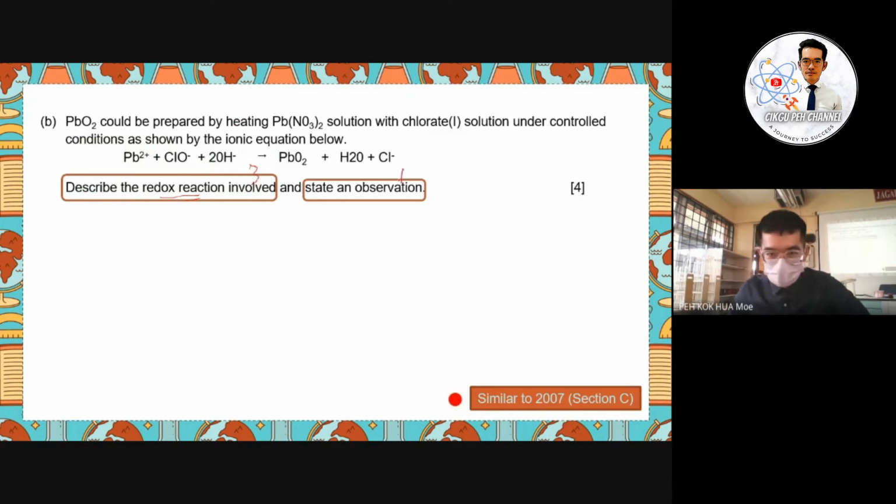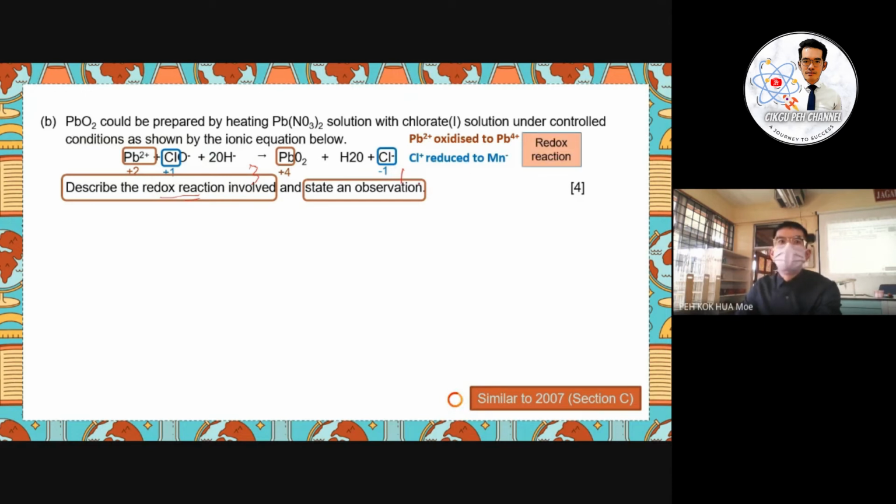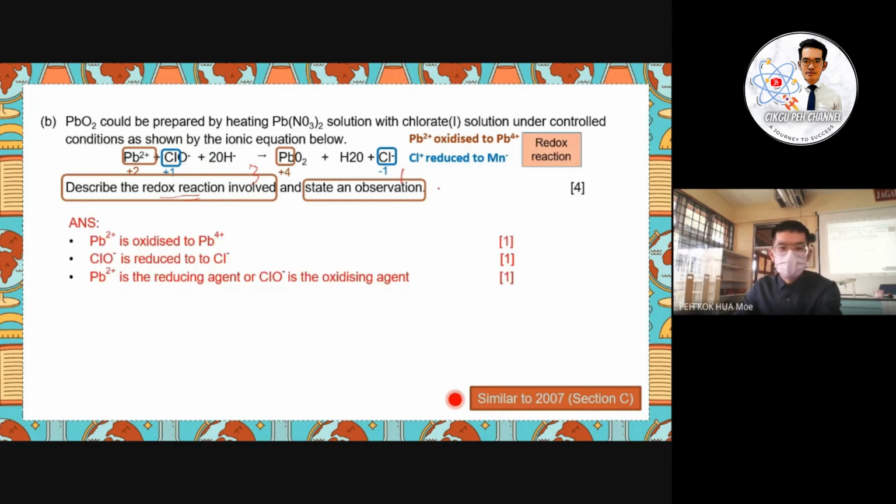You have to give also the oxidation, and you have to give also the observation. Okay, so 4 marks. From here you can see the lead is oxidized from Pb2+ to Pb4+, and then the chlorine in the ion is reduced from +1 to -1. So this is the redox reaction. So we have to discuss it. Firstly,